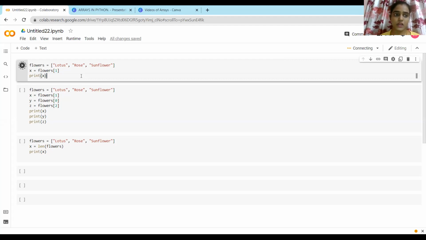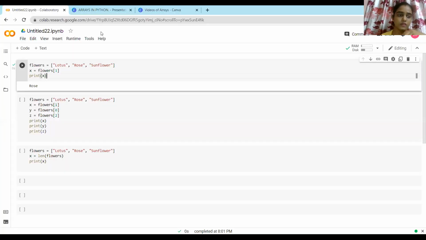Wait, the output is coming. So here you can see the output is rose.